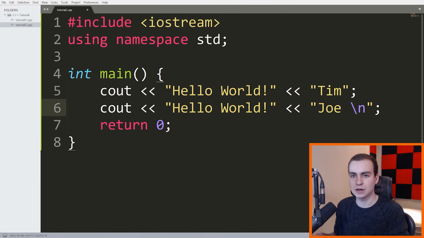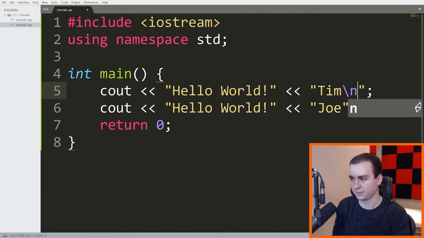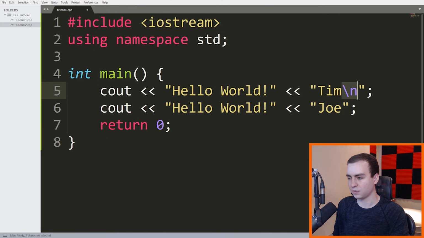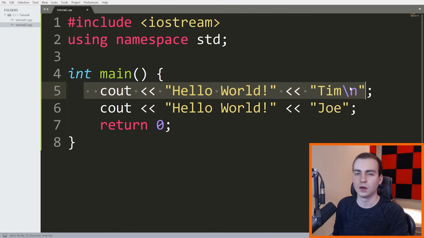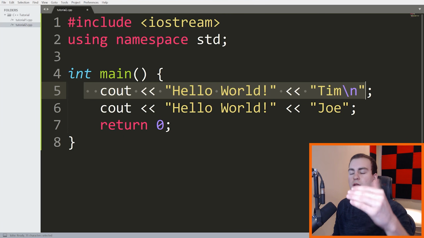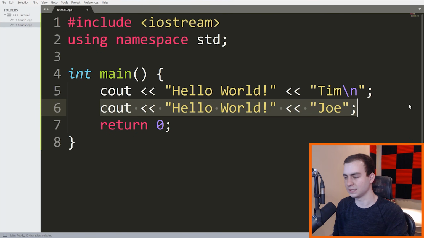And whenever you press enter, what you're really doing is inserting an invisible \n into the console that tells the console to go down to the next line. Now, that's a little bit of a lie, but you can think of it that way. So when I have this \n, it tells my console to go to the next line. If I add my \n here at the end of this cout, after the cout, the console will go to the next line, and then it will print this line right here.